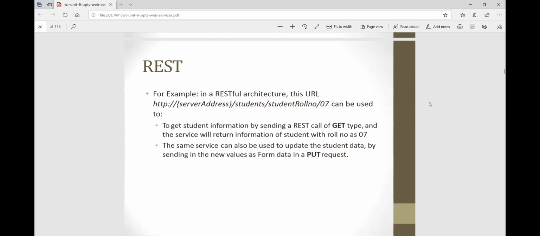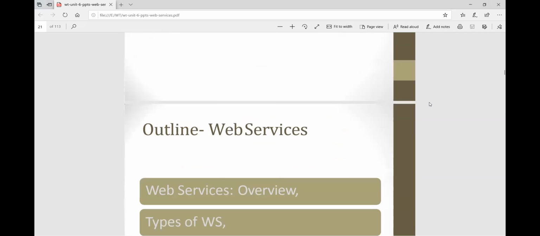So this is a REST example. This URL, for example student roll number 07, can be used to get student information by sending a REST call of GET type, and a PUT request. The PUT method is used to put the request.